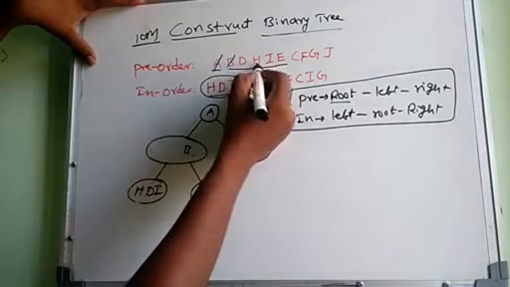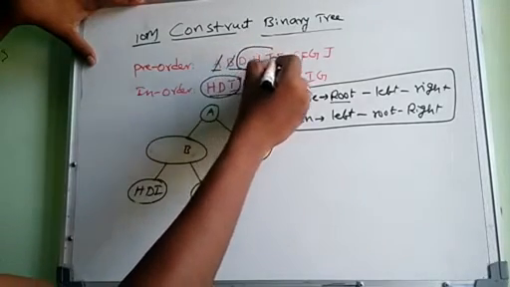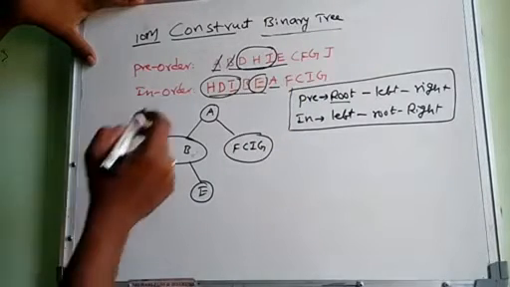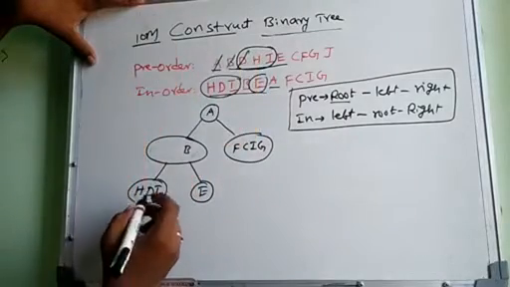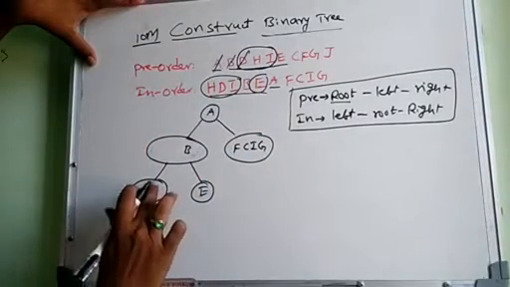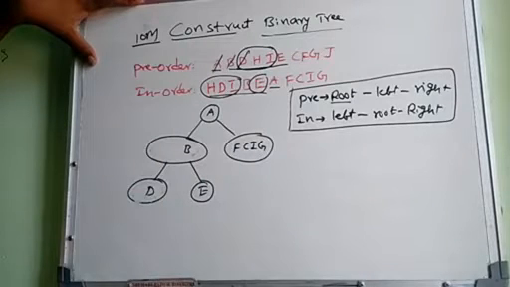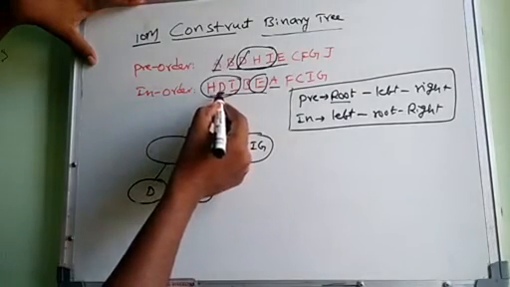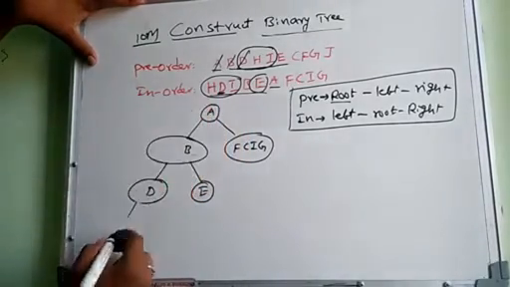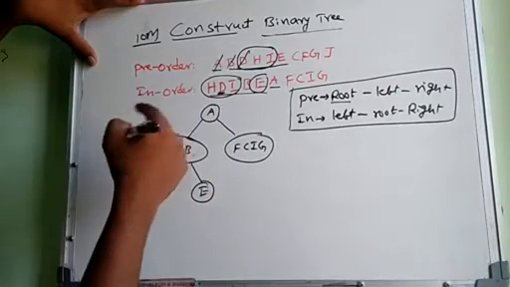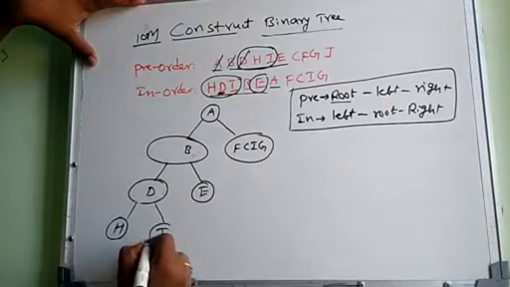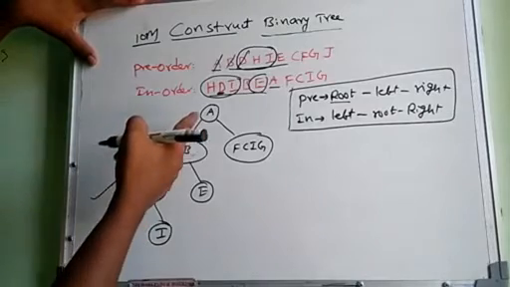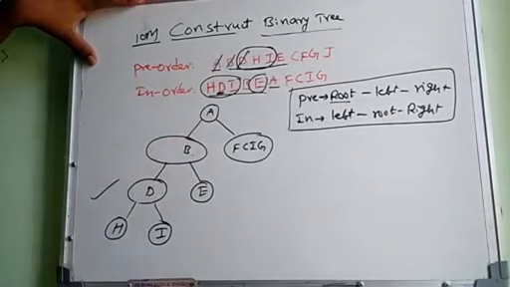HDI. So this is the combination. Among this combination in pre-order, which one is the root in position? Obviously, the first position. Now D will act as a root. If D acts as a root, how to find the chains? Go for in order. If D is a root, who is the left child? Whatever node is present at the left, that is the left child. Whichever node is present at the right side, that is the right. So the leftmost is clear. The leftmost subtree is having only one node in the tree.